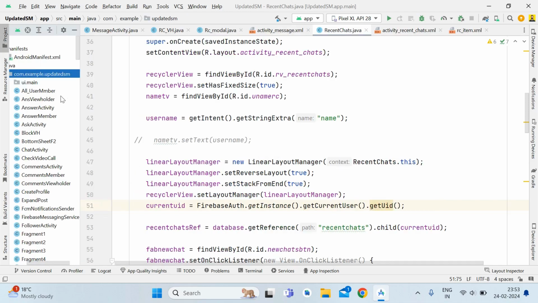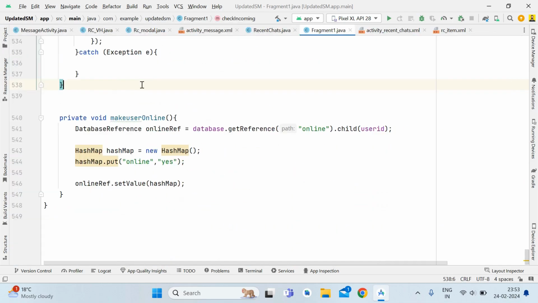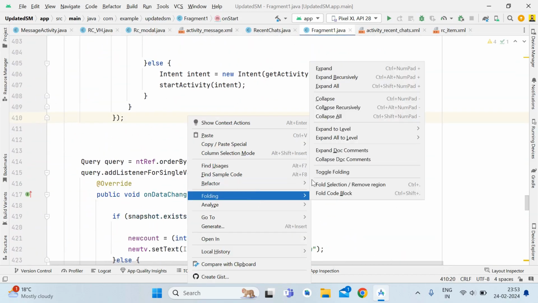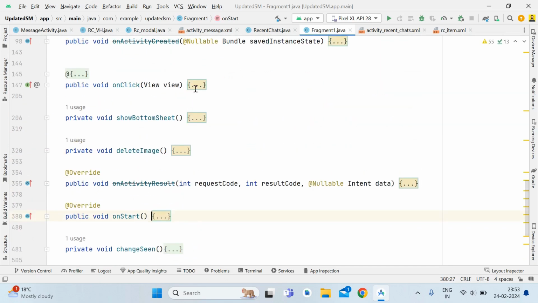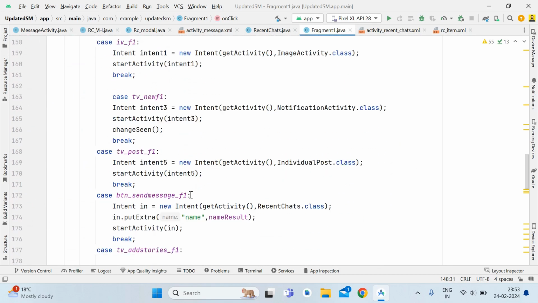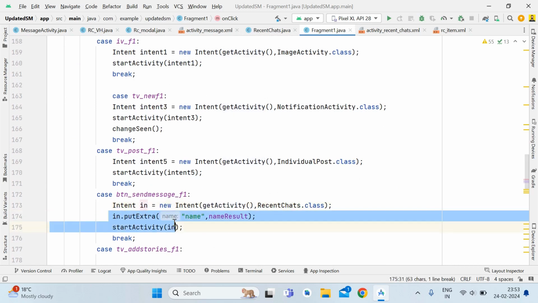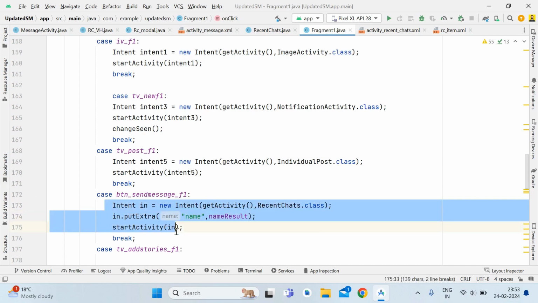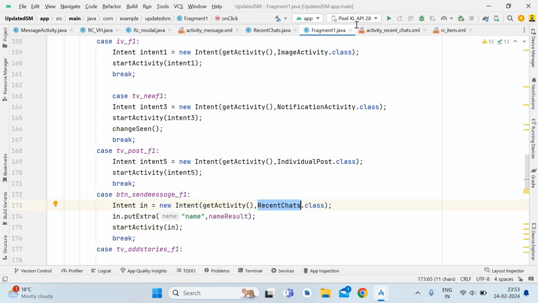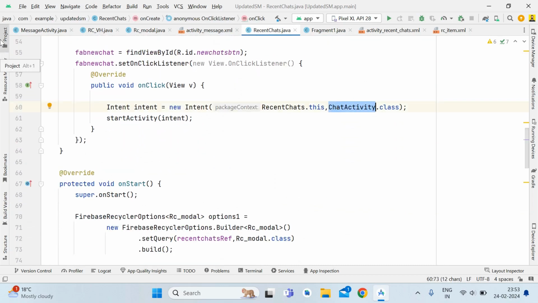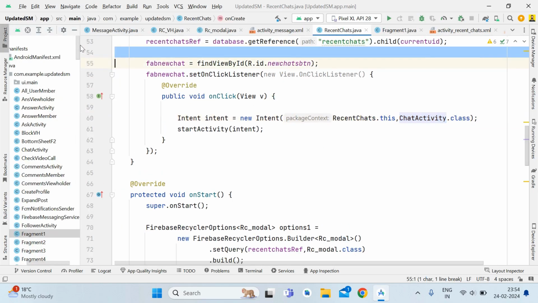Now after that open fragment number one, and here in this fragment one, when the user clicks on a chat, you have to open the onClick. Inside this onClick, when the user clicks on chats, you have to pass recent chats instead of chat activity. Okay, and if you want, you can pass this name here also, but you can avoid this part of code for now. Okay, it's not mandatory. Focus on this intent part. Okay, make sure you go to recent chats, and in the recent chats, when you click on the fab icon, you will go to the chats activity, and in the chats activity I have to show you one more small change,